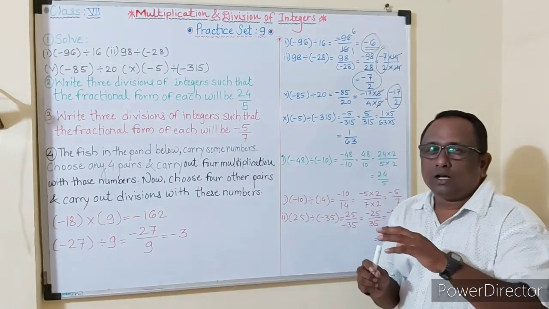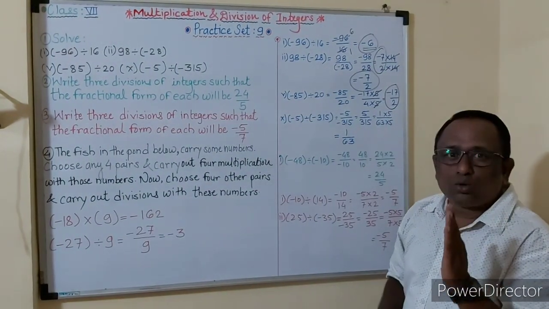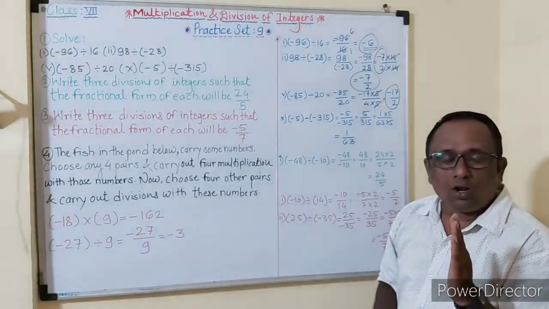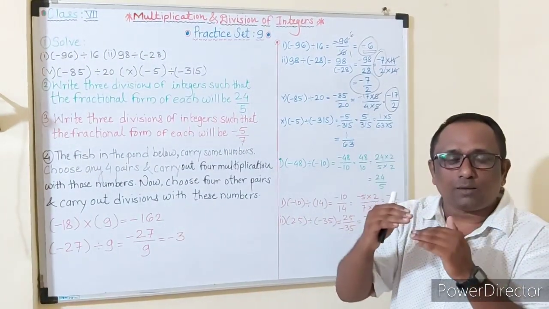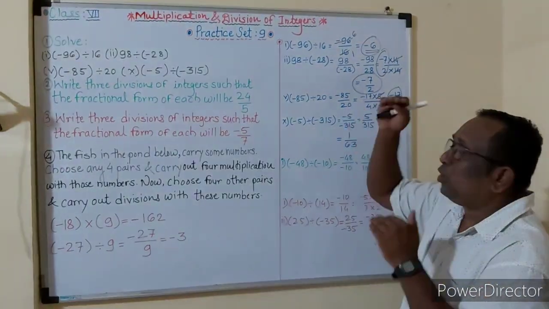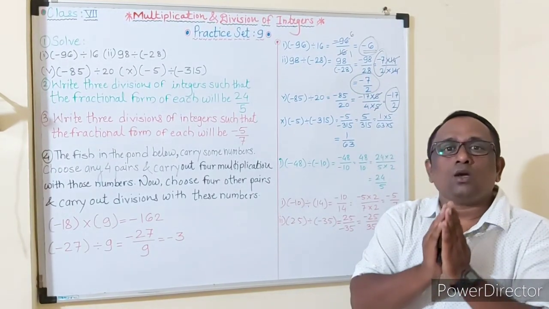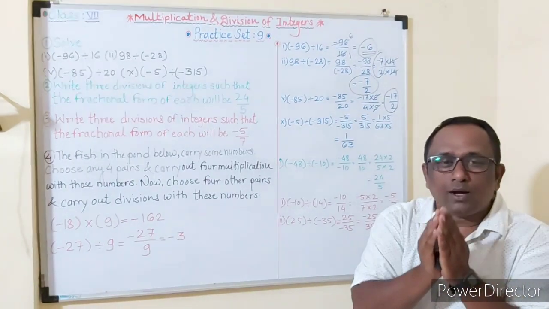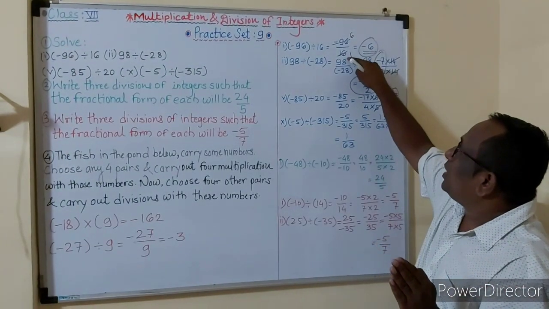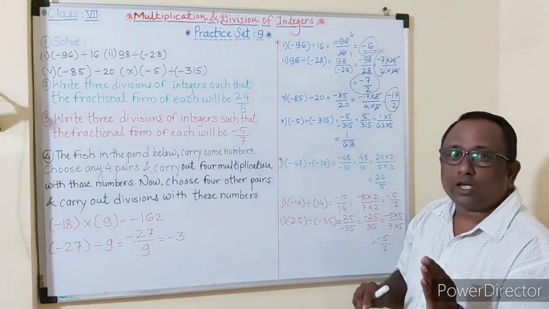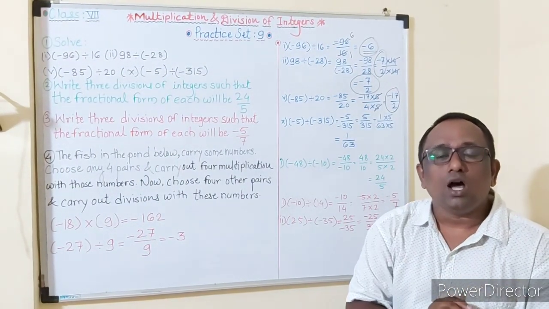See students, simple way, in these two examples, we have to choose a table or a number that should be the same for the numerator place as well as the denominator place, and that is divisible to both numerator and denominator, but the number should be the same. Another way, we have to choose the table in which this numerator and denominator should be there.